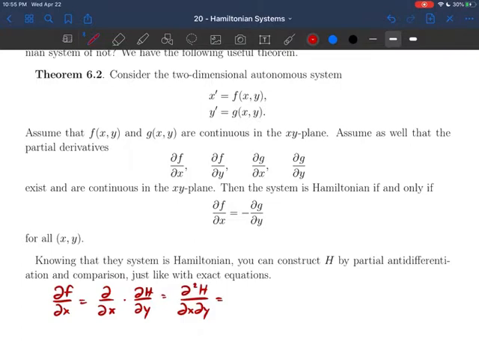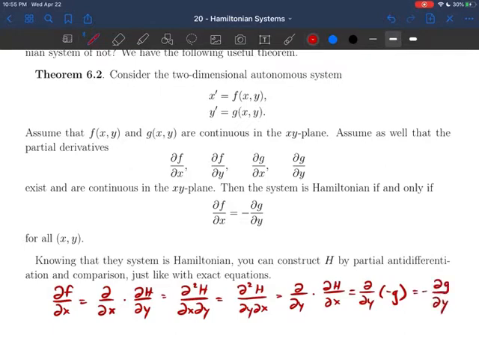this is the partial with respect to x of f, but we know that f is equal to the partial of h with respect to y. So what we have here is the second partial of h with respect to x and y. But we know from multivariable calculus that mixed partials are equal to each other. So if we take the second derivative of h with respect to y and x in the opposite order,